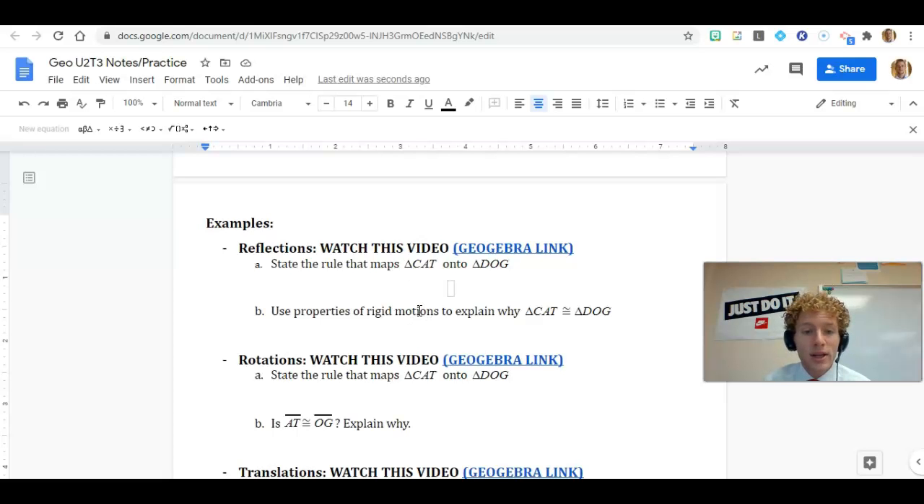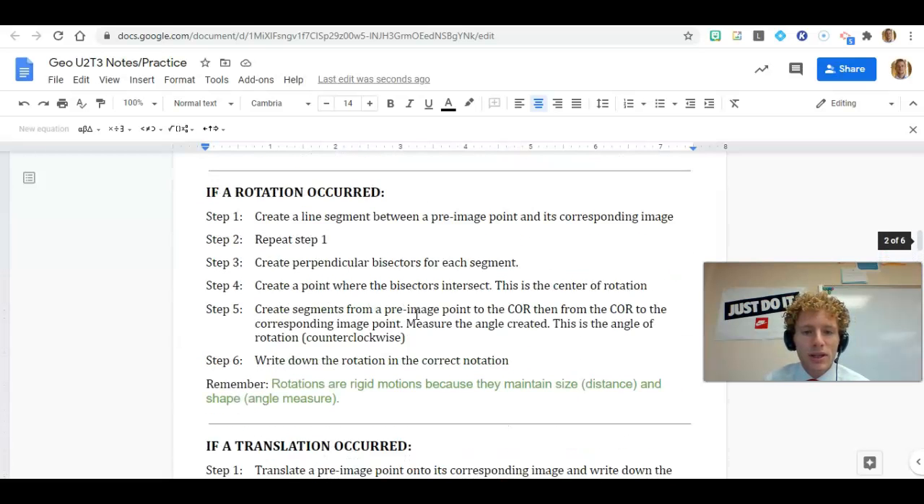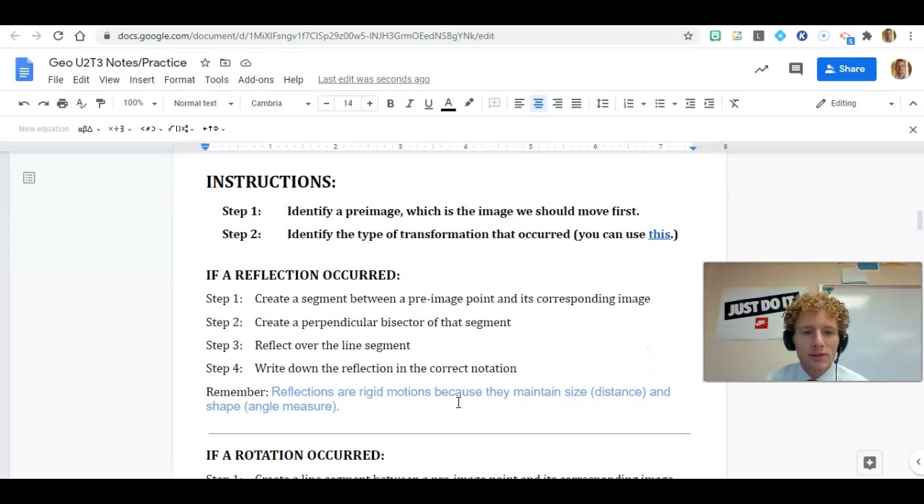Welcome to topic 3 for Unit 2. This is going to be a video on reflections. We're going to have two other videos as well. So we're really going to be following these directions here, these steps,